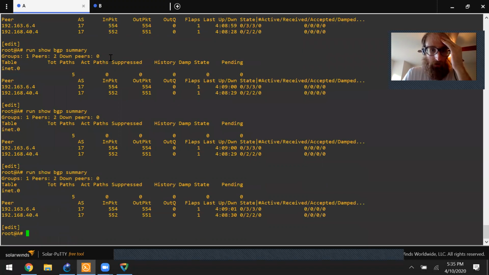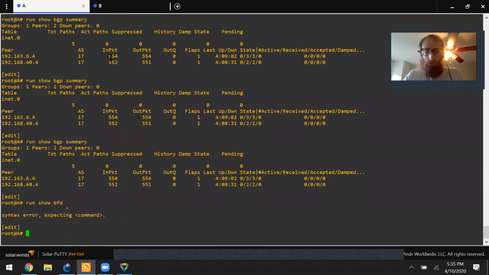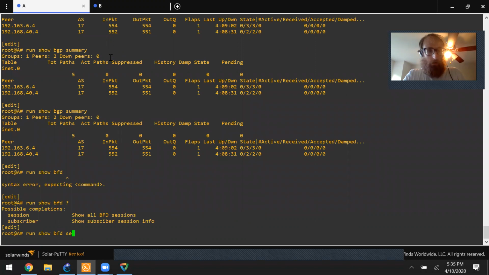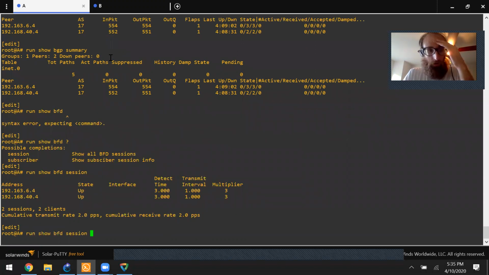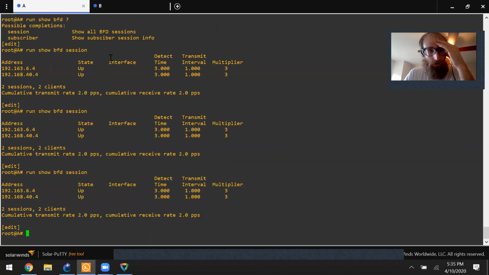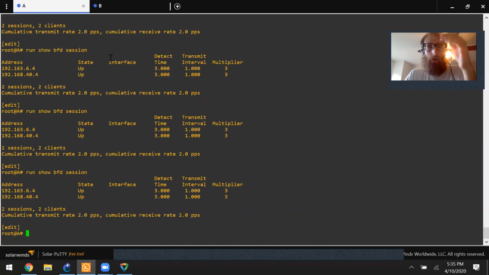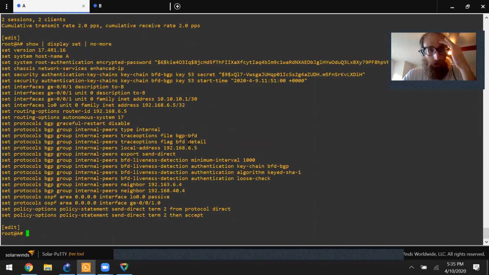And I guess I was expecting it to go into down state or something. Show bfd session. So both of my BFD sessions are still up, which I'm surprised, maybe because it's loose. So show | display set | no-more. Yeah, so because it's loose check, maybe if one side's configured and one side is not, then it won't bring it down. So let's go ahead and